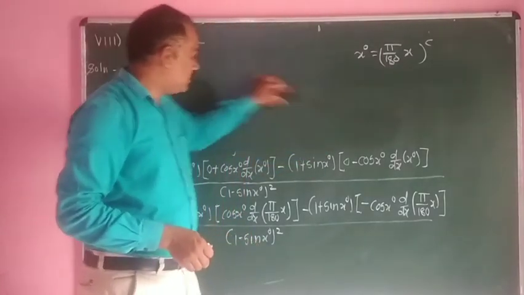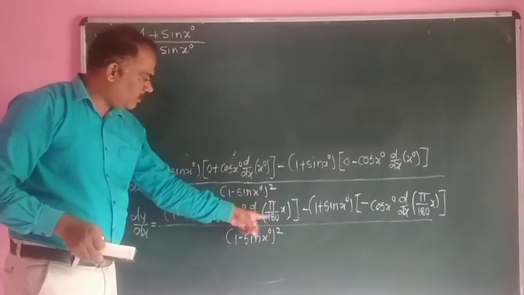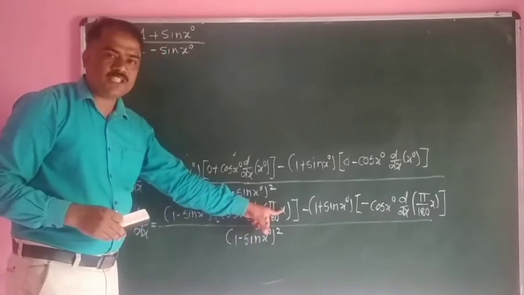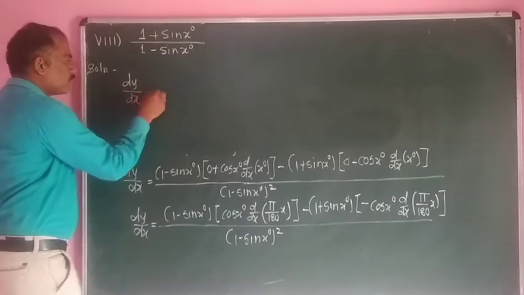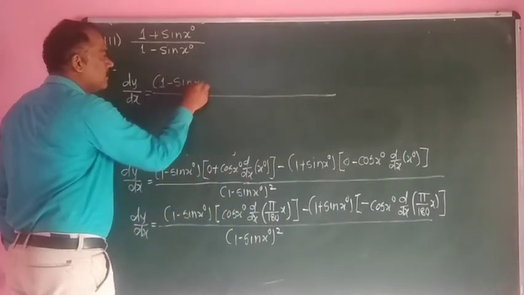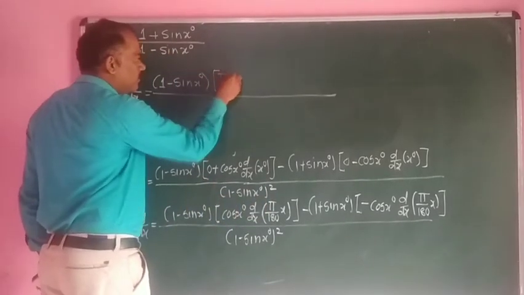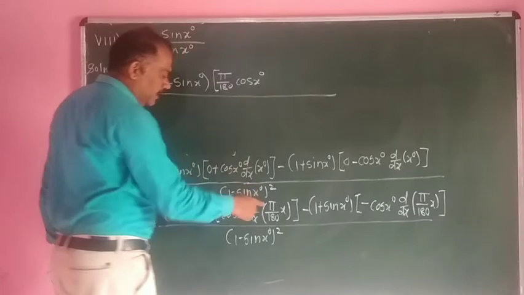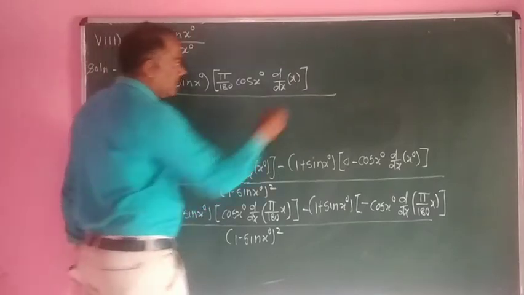Now see here. When we take the derivative of pi upon 180 into x, pi upon 180 is a constant. We take it outside. Now the derivative of x with respect to x is 1. So we can write dy by dx is equal to (1 minus sine x degree) into, here pi upon 180 is a constant, we take it outside, cos of x degree into d dx of x, x is in radians, minus